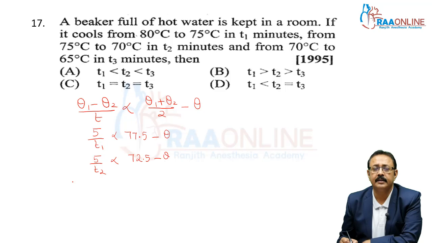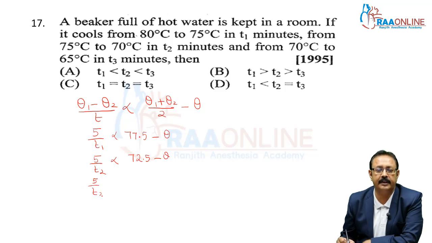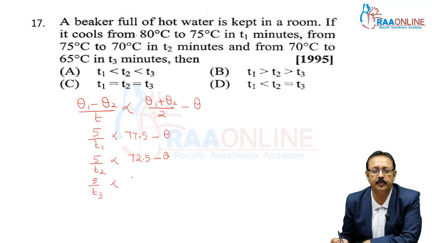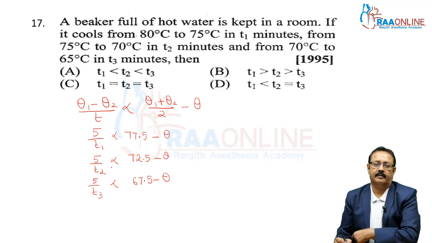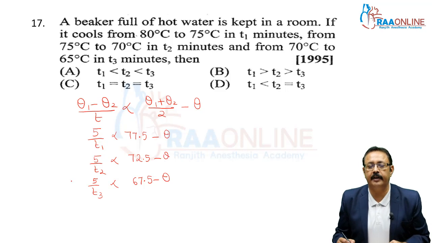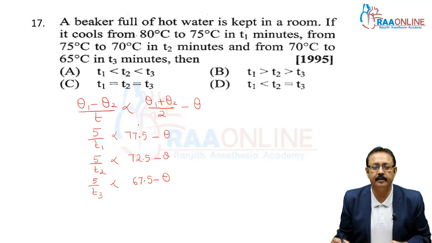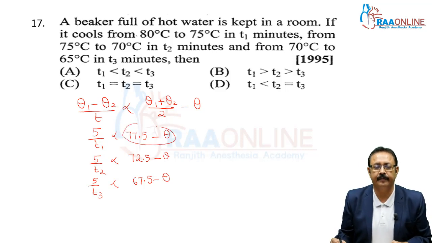Next, 70 to 65, again it is 5 upon T3. It is proportional to 70 plus 65, 135, means 67.5 minus theta. So what you are observing here, since this term is decreasing,